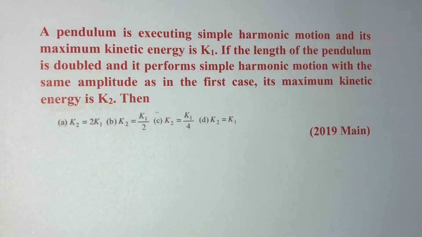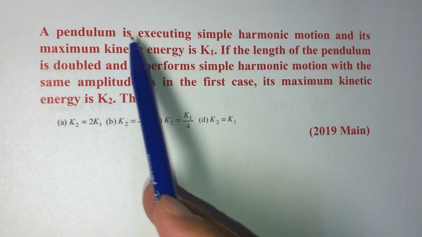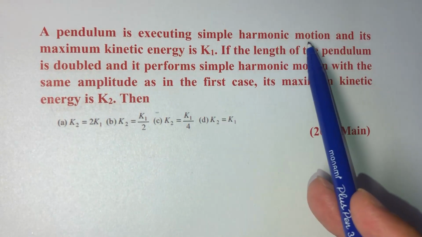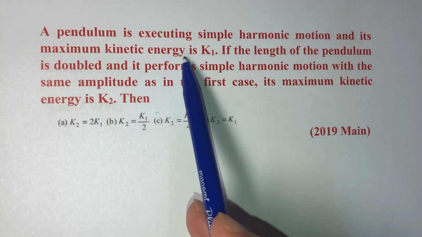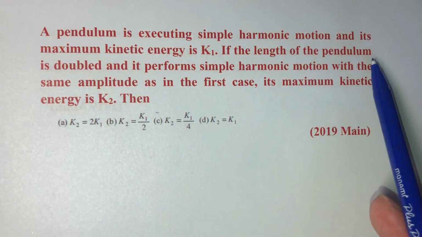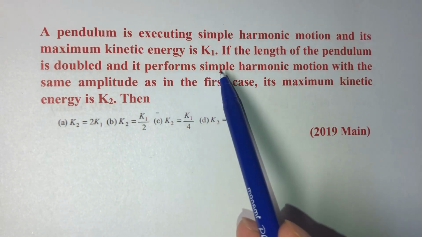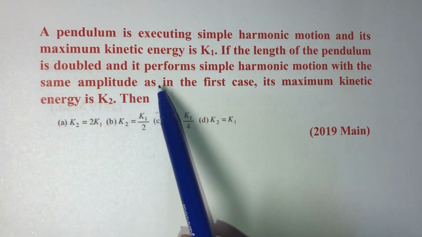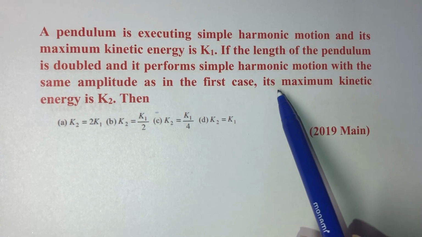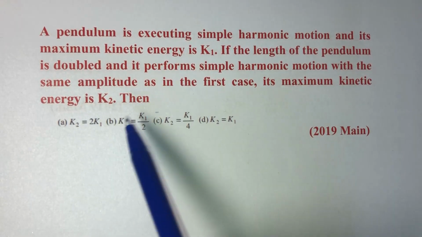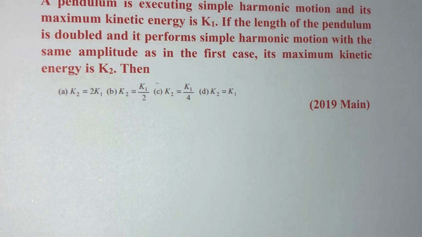Hello friends, today's question. A pendulum is executing simple harmonic motion and its maximum kinetic energy is K1. If the length of the pendulum is doubled and it performs simple harmonic motion with the same amplitude as in the first case, its maximum kinetic energy is K2. So we have to find out the relationship between K1 and K2. This is a very interesting problem